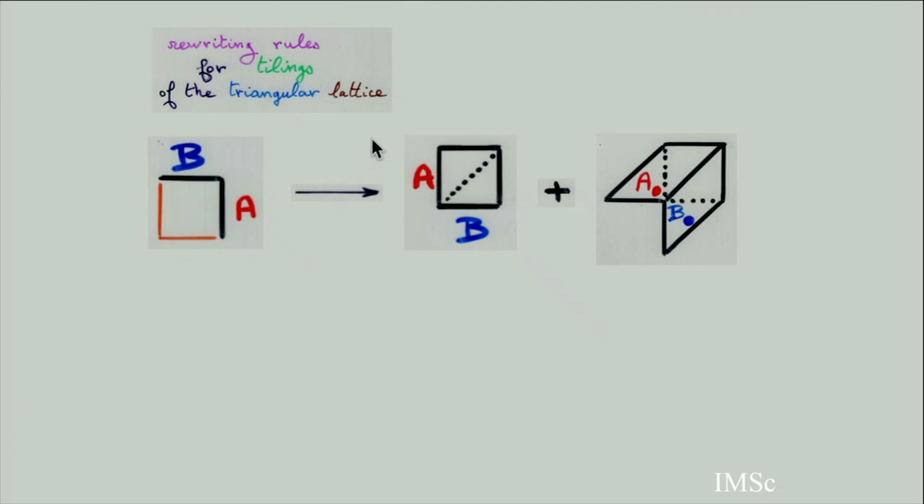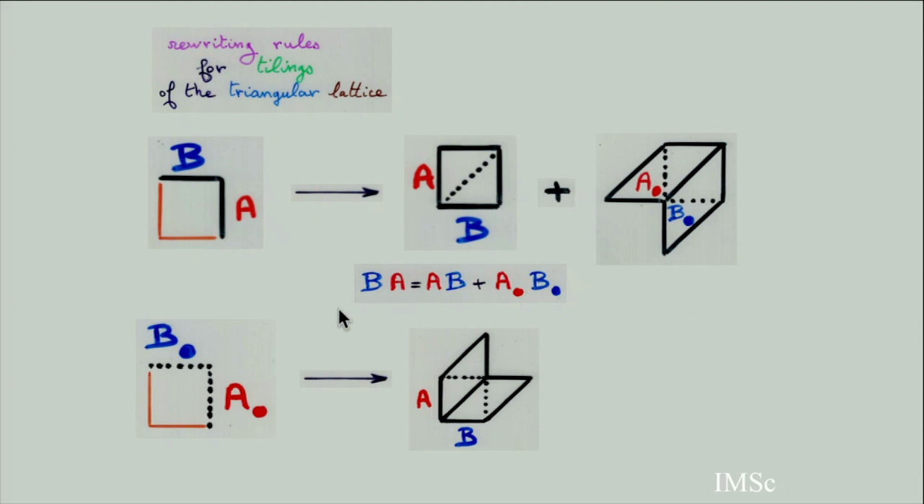It's clear, huh? When you have this configuration, BA gives AB, or here BA on this border gives A dot B dot because I come inside a tile. And there are 2 possible cases where you have a tile having this B and A as border of a tile. So you have this equation written in quadratic form: BA equals AB plus A dot B dot.